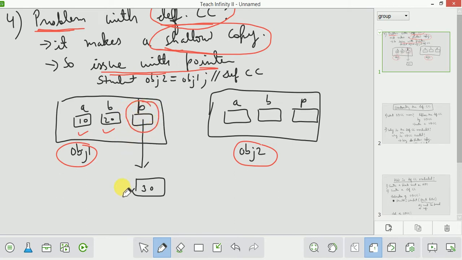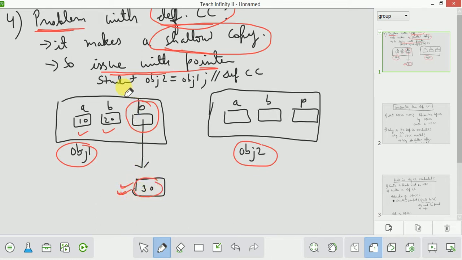This pointer is pointing to some variable, and this variable has value 30.